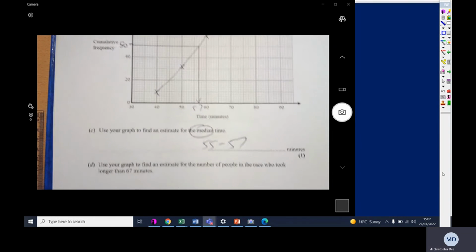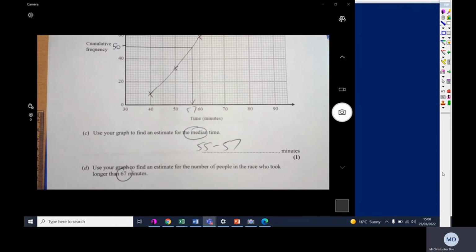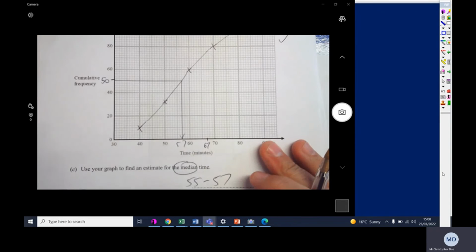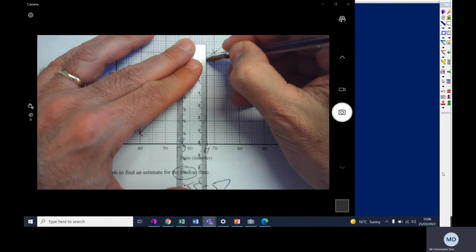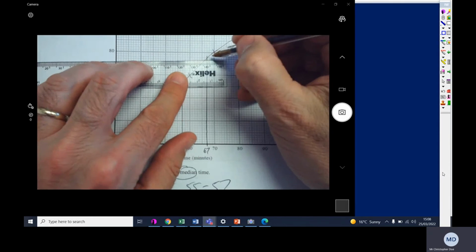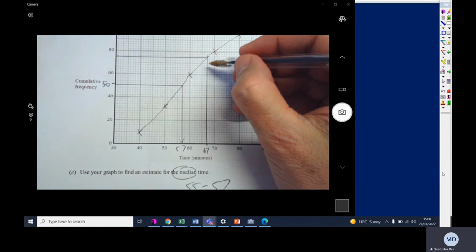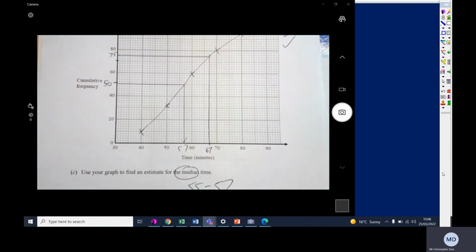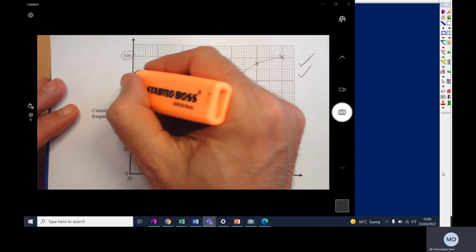Okay, then use your graph to find an estimate for how many people took longer than 67 minutes. Circle that. 67. Where's 67? 70. Count back 3. I'm going to mark it on 67. So let's find how many people. 67, just there. Careful. Right. So for me, there's 70. For me, it's 75. But if you've read up and across, you're going to get a mark for getting the